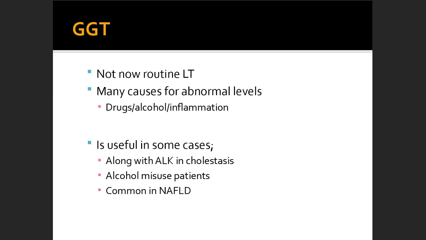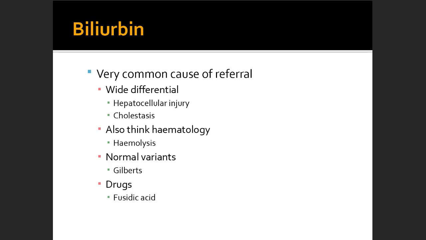It goes up in anything and everything, and can be very, very non-specific. The only place I find it of use is if I have a raised alkaline phosphatase, then a gamma GT may help. I'm saying may because obviously if alkaline phosphatase is up due to inflammation, then the gamma GT may be up as well. People often use it as a measure of alcohol misuse. I don't really. And it is apparently the most common liver test abnormality in non-alcoholic fatty liver. So it's a pretty useless test, but I do see a lot of people in non-liver